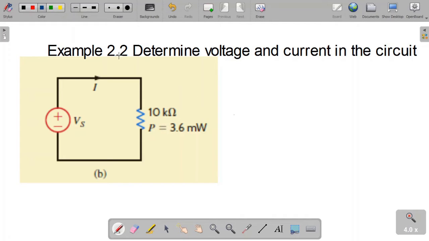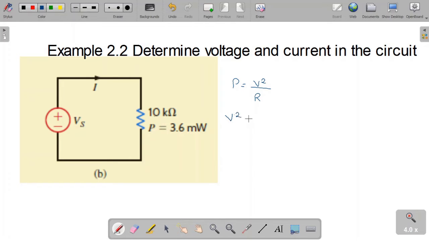Now we are going to do example 2.2 in the David Irwin book. And then again, this example is very easy. We are given the power absorbed by the resistor, we are given the resistor, and we are asked to find the voltage and current. Now we know that power is also equal to V square divided by R,